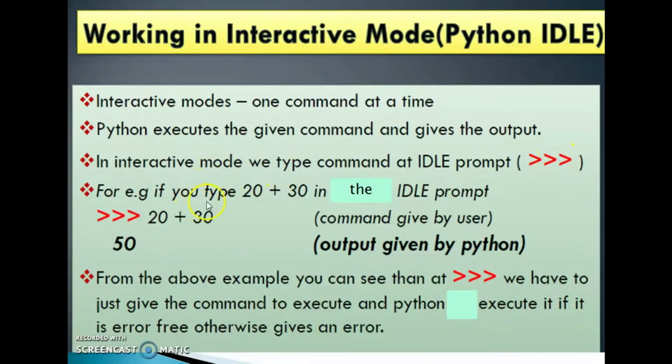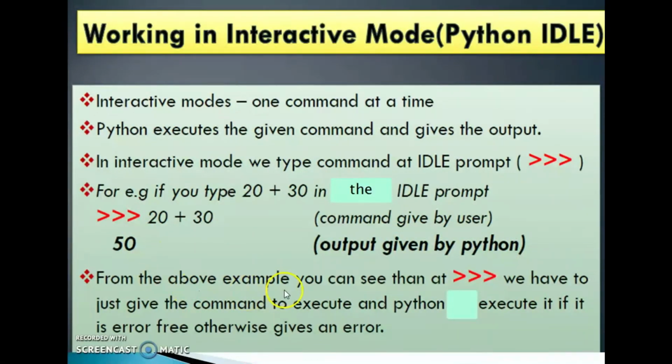For example, if you type 20 plus 30 at the IDLE prompt, that is the command given by the user. Then Python will give the output as 50. We know that the value of 20 plus 30 is 50, and that is the output given by Python.